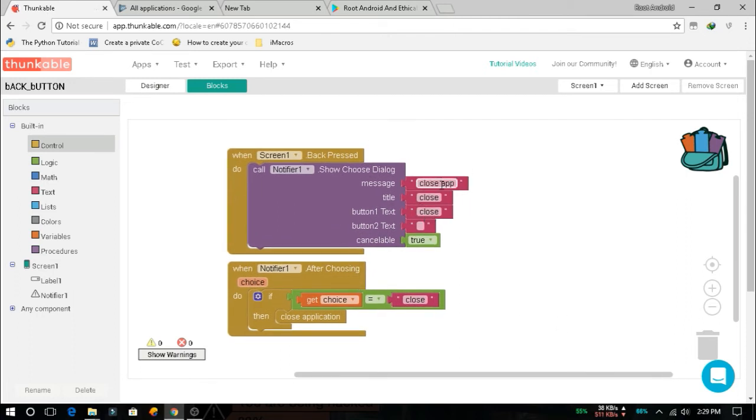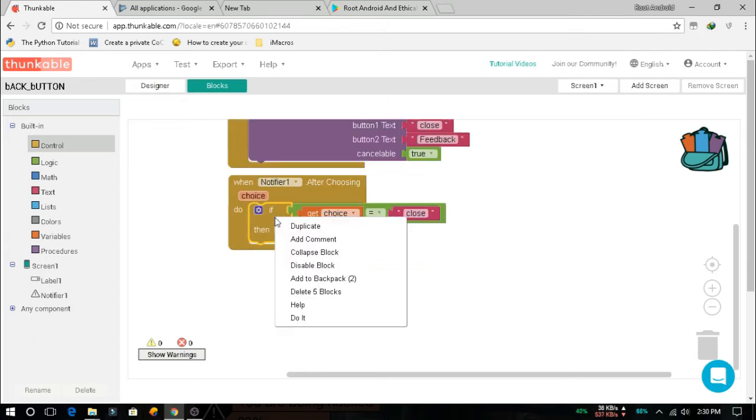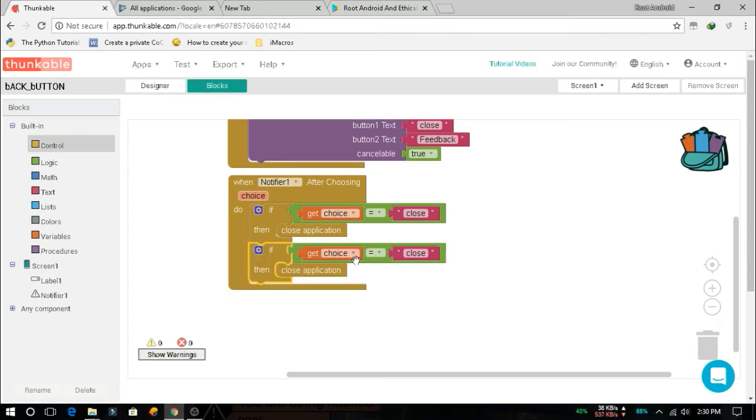Or else you can change it, give feedback and button 2 as feedback. Now what we need to do is, let's duplicate this screen and change this to feedback,